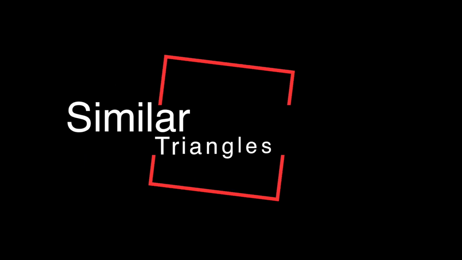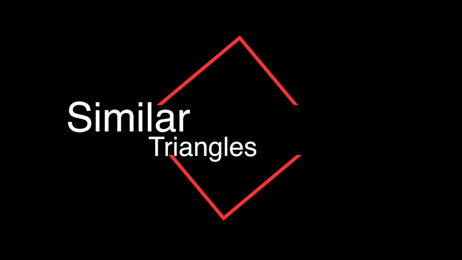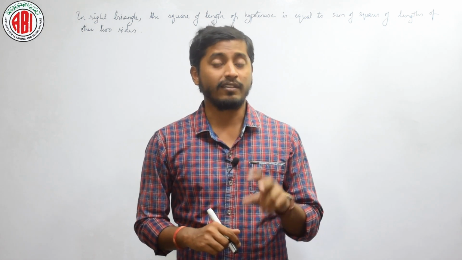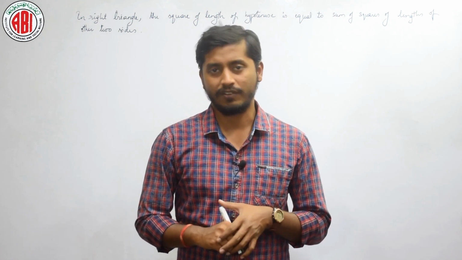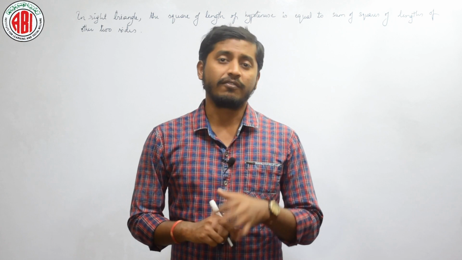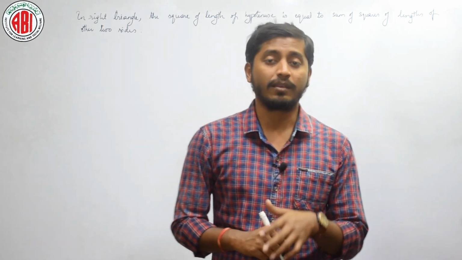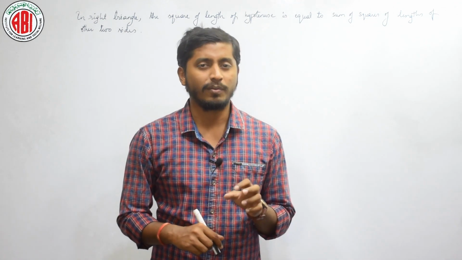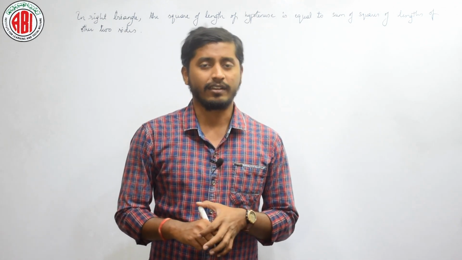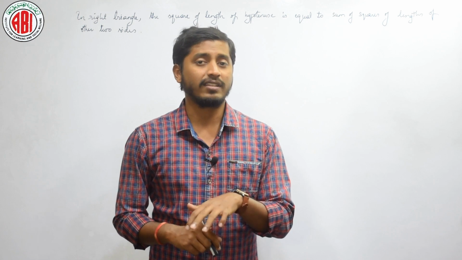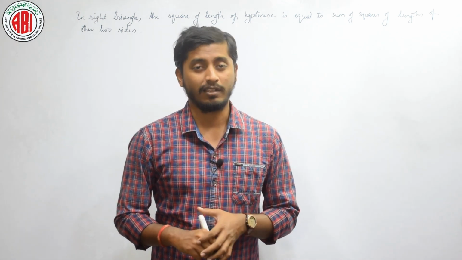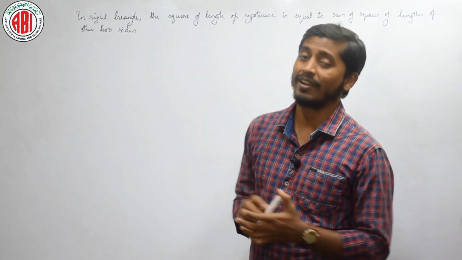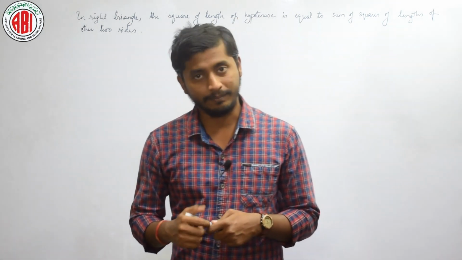We have started our discussion of similar triangles in our previous sessions, right? We started with the difference between the similarity and congruency of triangles, right? After that, we started with the basic proportionality theorem and its converse. Then in the second exercise, we solved a few problems on similarity criteria. In the third exercise, we discussed the ratio of areas of two triangles. Before starting the fourth exercise, we have a different theorem, which is called the Pythagoras theorem.